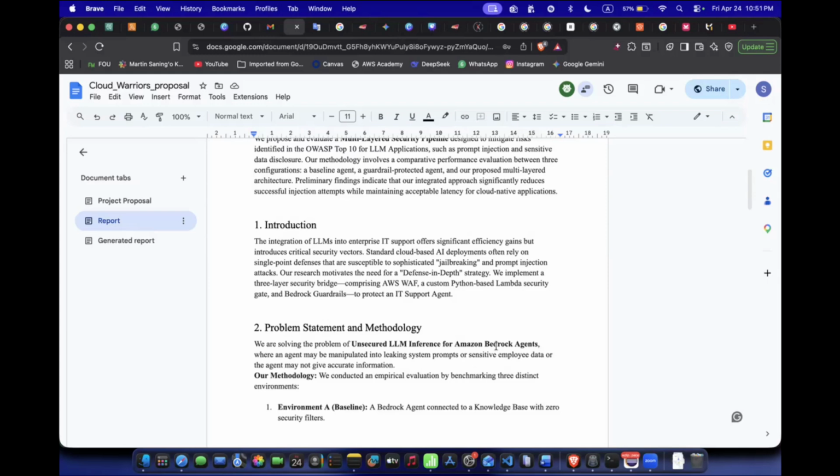So, an introduction to give a bit of a background into our project. Recently, there's been a growing number of users of AI systems, agents, and LLMs. People often use cloud models, but these cloud models usually come with risks and security hazards. So, one of the problems that we're trying to solve is the problem of unsecured LLM inference for Amazon Bedrock